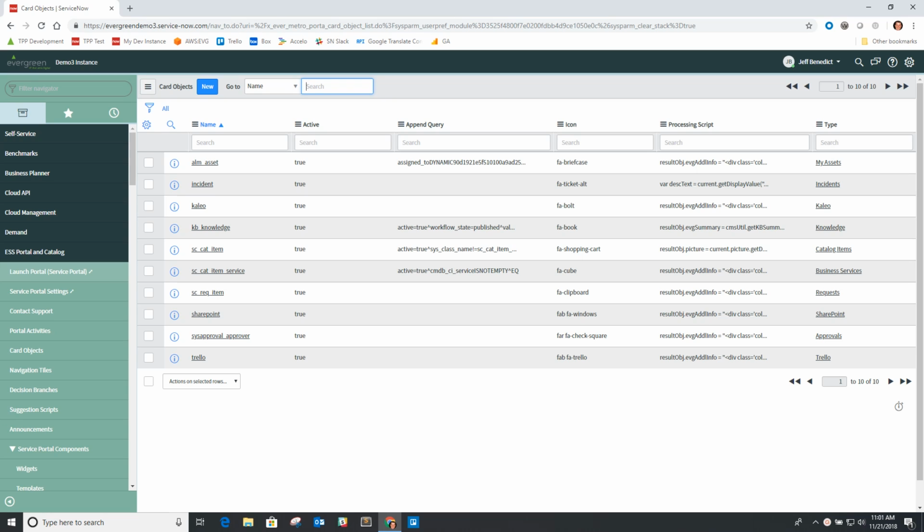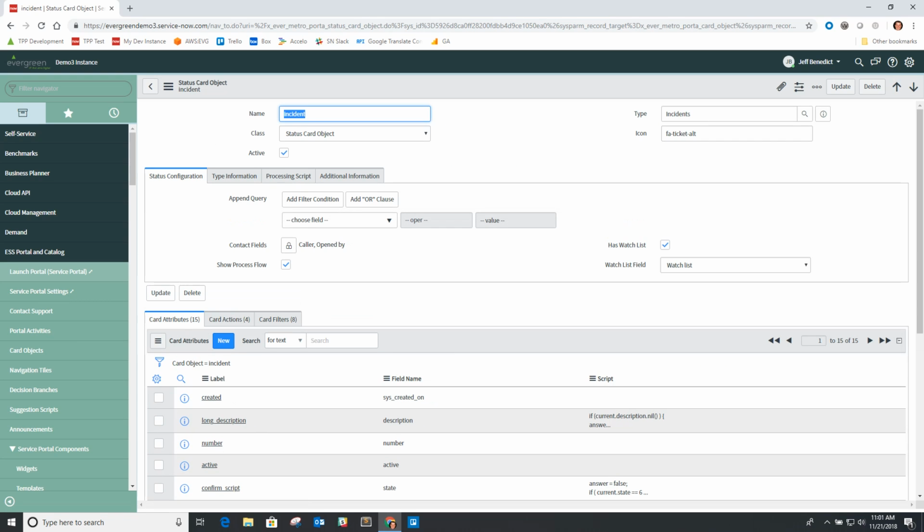They can be representations of a table in ServiceNow, but they can also be representations of a REST endpoint, an integrated component. So let's first go look at the screen changes, the form change that was made with our card object screens with 4.4. One thing we did is there's multiple tables in play for card object records. There's card object types, actions, attributes, a card object record, scripts, and card object browse views. So we tried to make it to where you can see in one place all